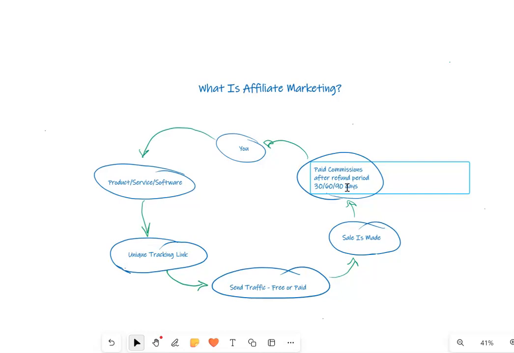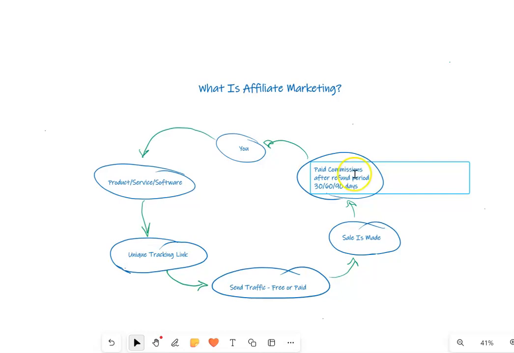This is because if someone does actually request a refund, and the company's already paid you, then they have to try and do what's called a clawback to get that commission back because of the refund. So it's just easier for everyone if they wait until after the refund period, and then they know that they can pay you your affiliate commission without worrying about clawbacks and things like that.